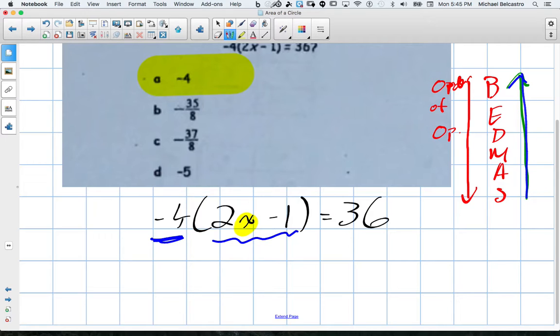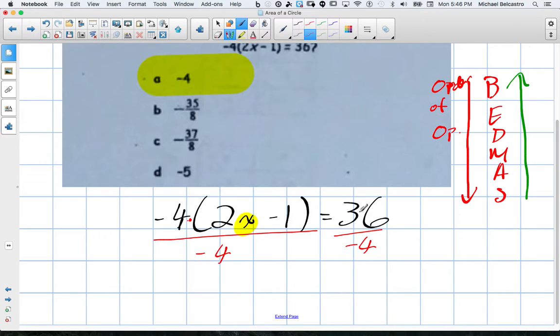Okay? So I know it's a poorly drawn 4. This is the number 4, negative 4. And when it's written like this, it means multiplication. Okay? Now there's a couple ways you can think of this. You either have whatever you do to one side, you do to the other, or when you bring something over, use the opposite operation. I'll kind of carry out both here. Negative 4 times, well, in order to eliminate it, we would divide. So we're going to use the opposite operation. So I would divide this side by negative 4, and I would divide this side by negative 4,